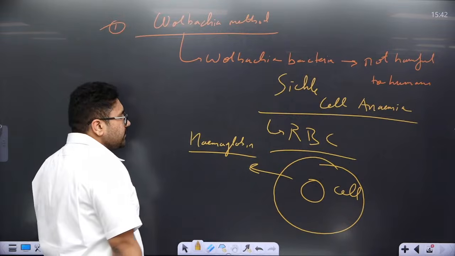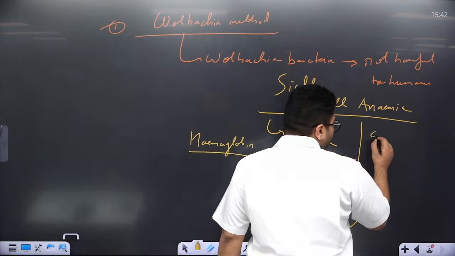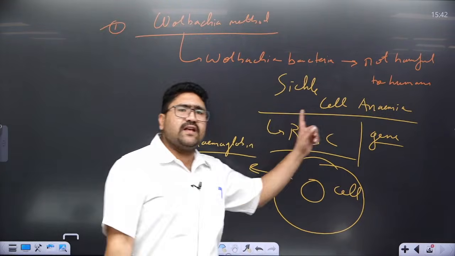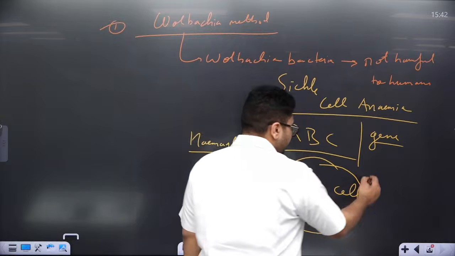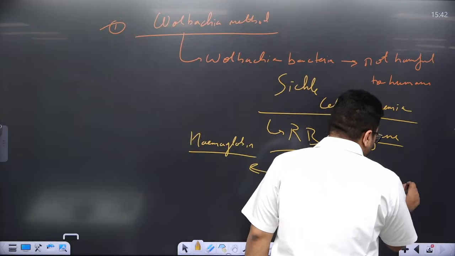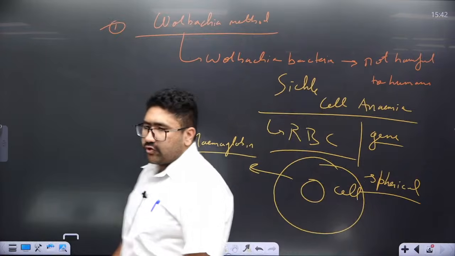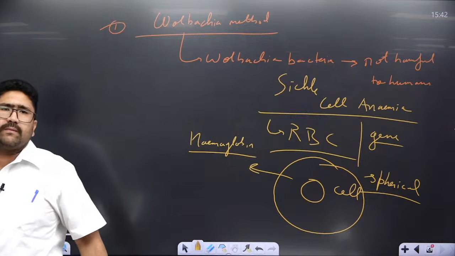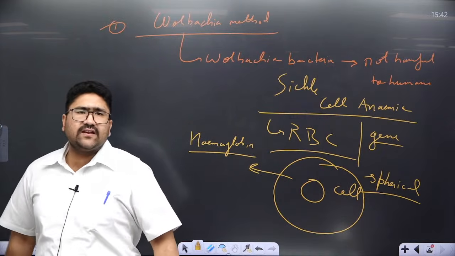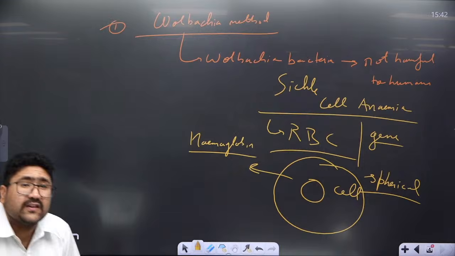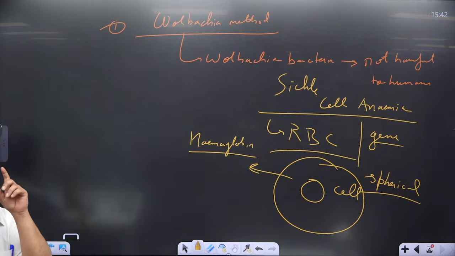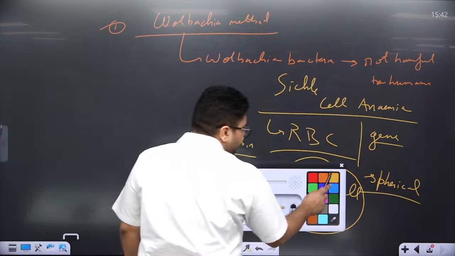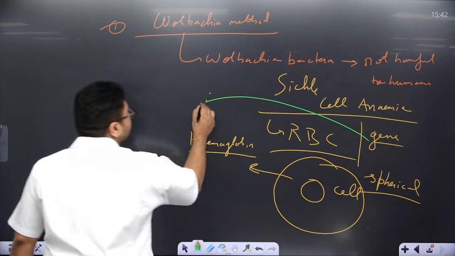Now the problem is that there is some gene in your DNA which makes this RBC spherical. There is no problem in the hemoglobin in sickle cell anemia. The problem is that the gene responsible for giving the spherical shape to the RBC becomes mutated, and as a result of the mutation